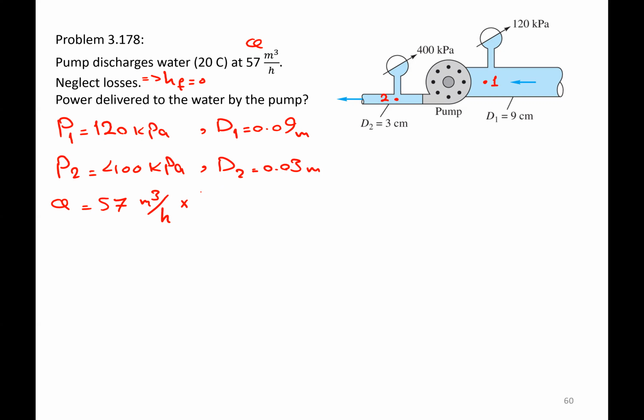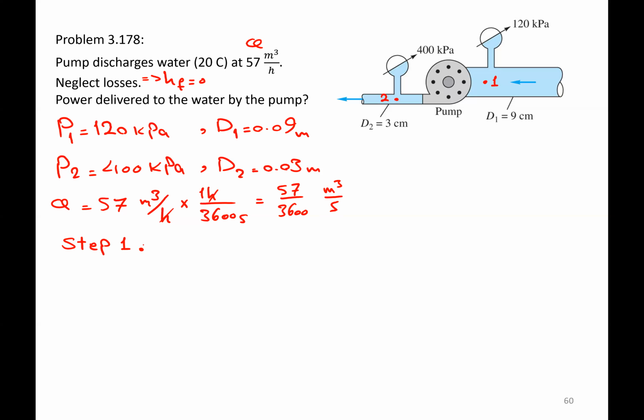So I need to multiply this by 1 hour over 3600 seconds. The hour cancels, and then Q is equal to 57 divided by 3600 meter cube per second. So this is volumetric flow rate. Step 1 of the solution